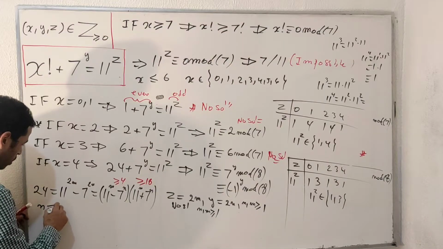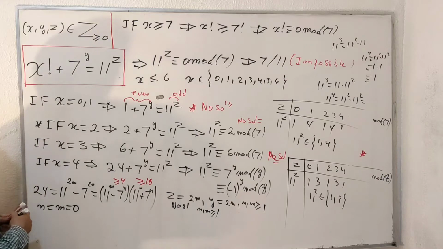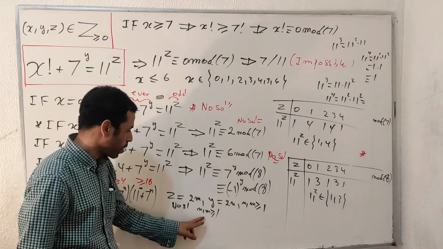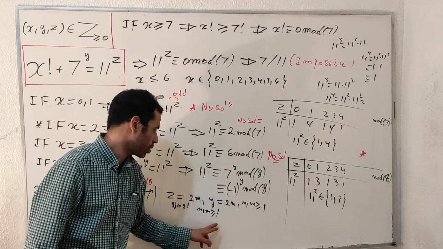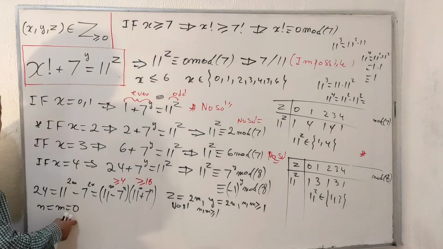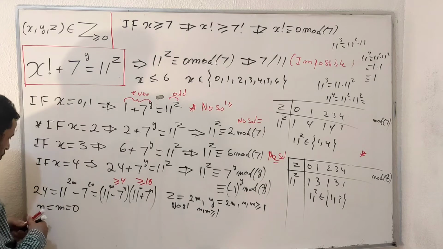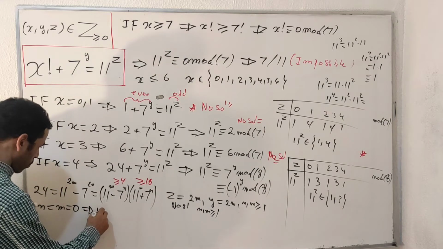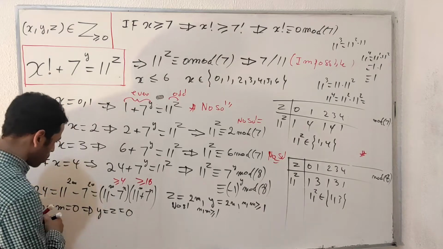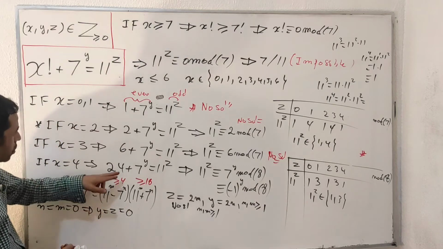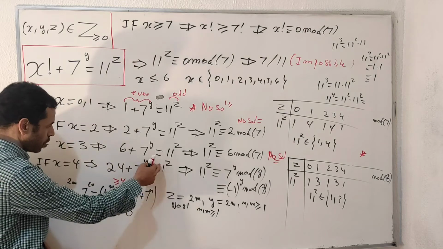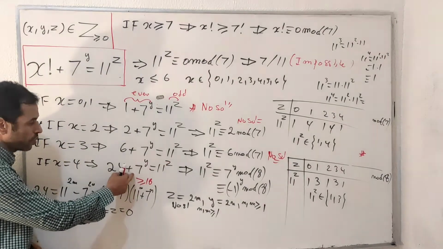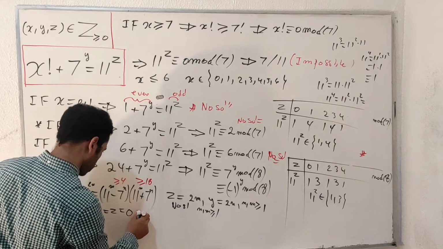If n equals m equals 0. Okay? Because we have proven the case above for n and m at least 1, not 0, let's check at 0. If n equals m equals 0, this implies y equals z equals 0. So let's take this value of y and z and replace it into this equation. By replacing y and z with 0, I will get 24 plus 1, which is 25. No solutions for this one.